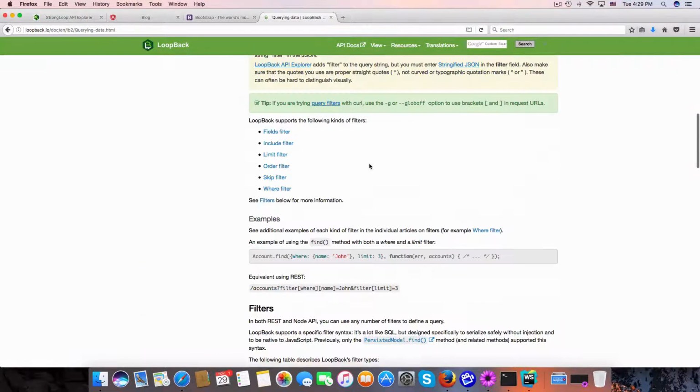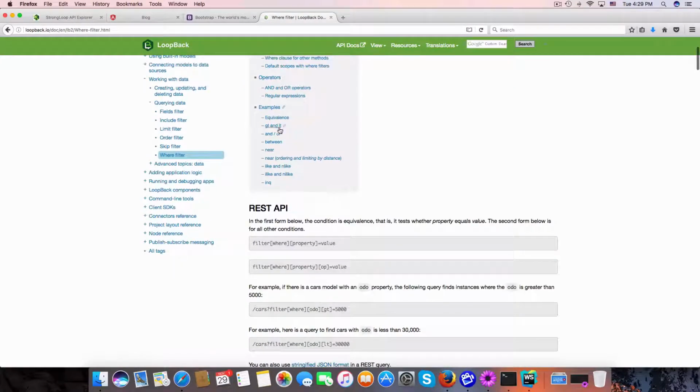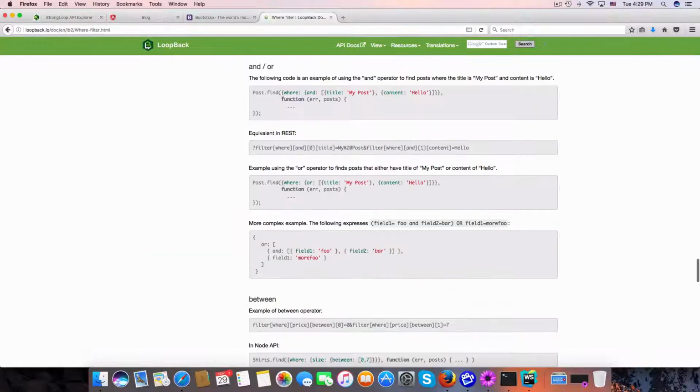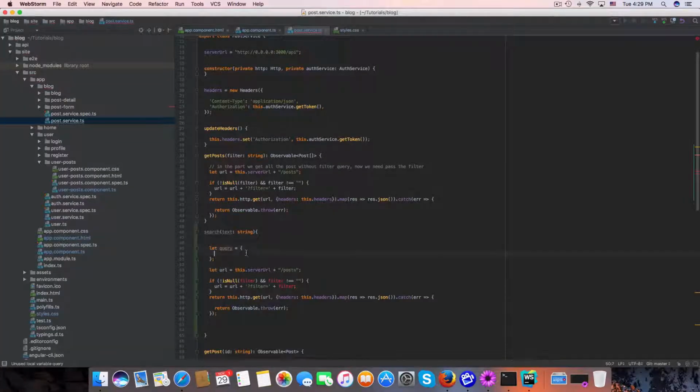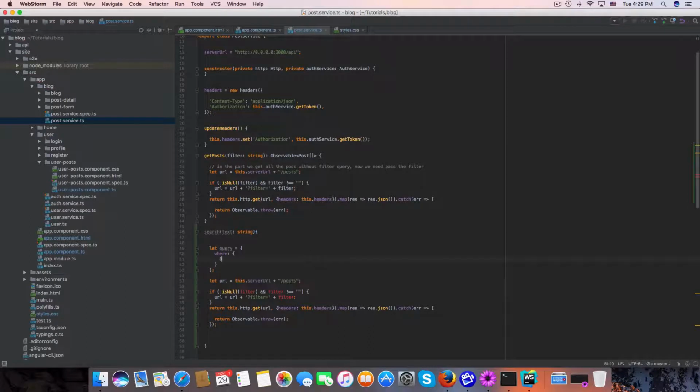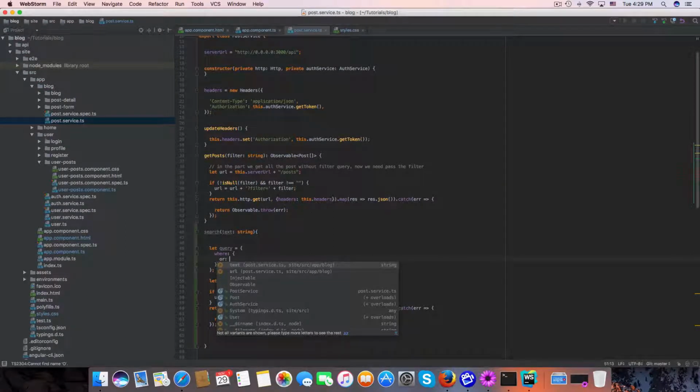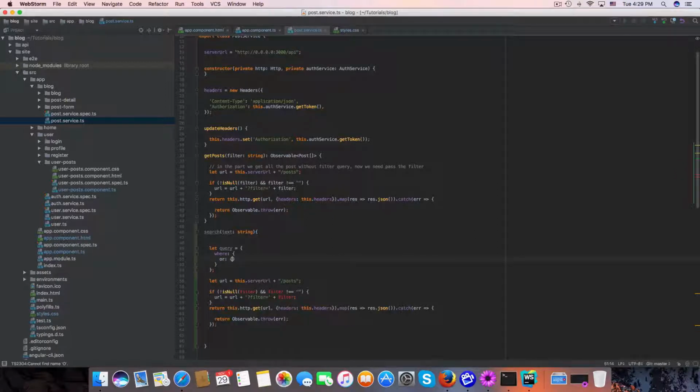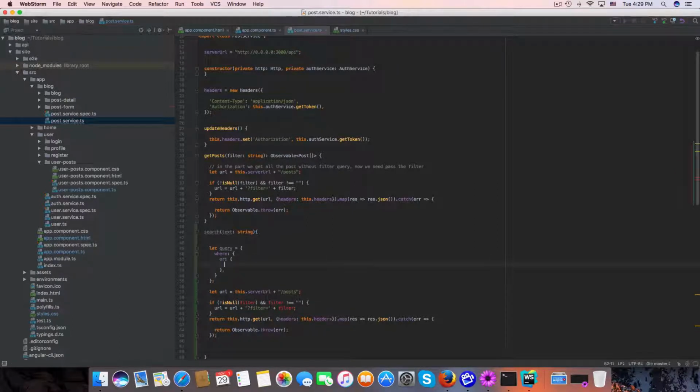Now you can see all this awesome filter support, and greater than, less than, and, or, and yeah. So simply in this, now where will be or, will be, and alright,